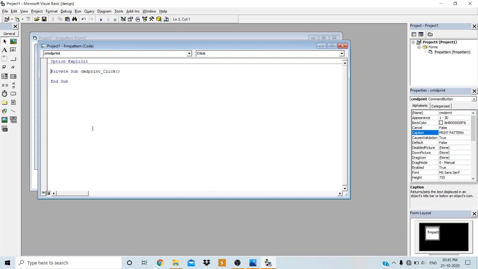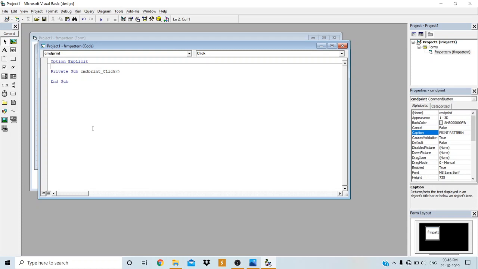Because here we have to implement nested for loops, we have to use two for loops, so two variables are required for the nested for loops, and one more variable for reading the input from the text box and storing the input value.